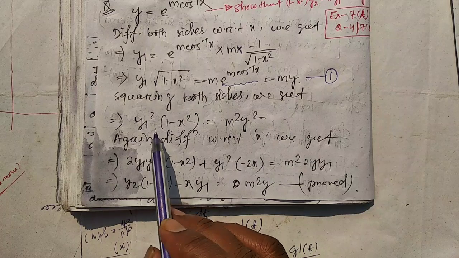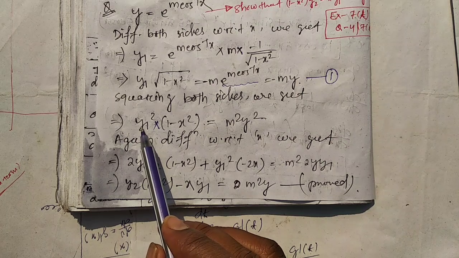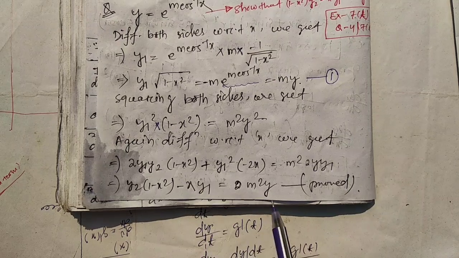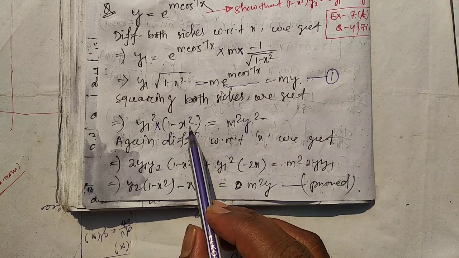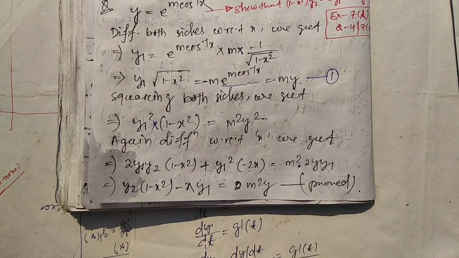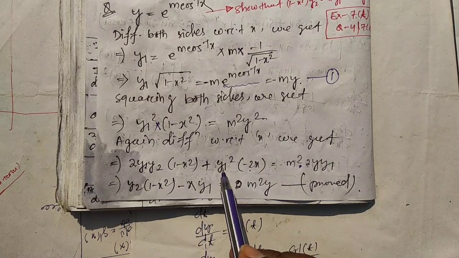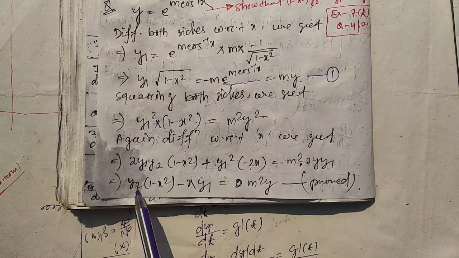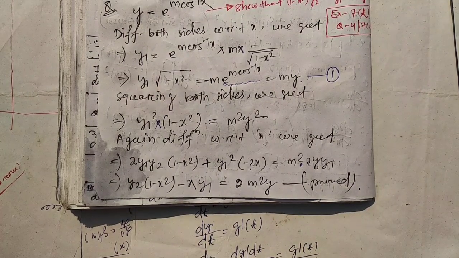We are getting, go for product rule here. First differentiating y1 square, 2y1 y2 into 1 minus x square, plus then differentiate second term, y1 square into derivative of 1 minus x square, that will be minus 2x. On the right, m square constant, y square derivative 2y y1. Now everyone observe 2y1 here, 2y1 here, 2y1 term is there, just cancel this one. Then finally we are obtaining y2 whole into 1 minus x square minus x y1 is equal to m square y, right? This one is asked to prove.